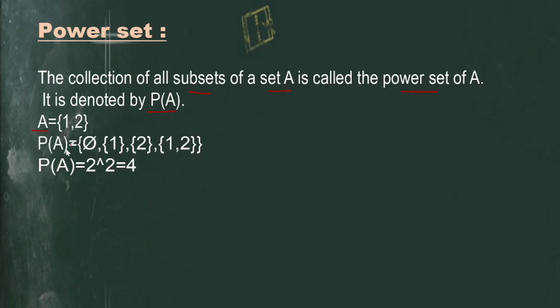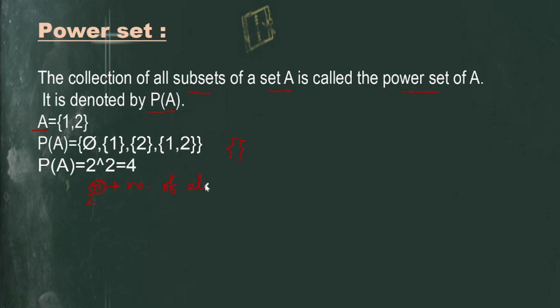Suppose I consider a set containing the elements 1, 2. What are the subsets? We know the empty set, and if you want to put brackets, you can write phi here. Also, instead of phi you can write the empty set sign, two curly braces. Then the singleton sets and the set containing two elements. We can count them: 1, 2, 3, 4. But if there is a large number of elements, how can I find the number of subsets in the power set? This is the formula: 2 to the power n. So what is n?